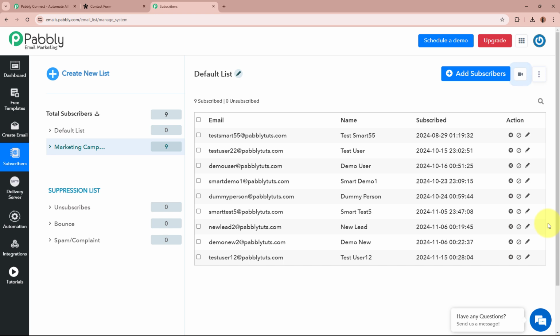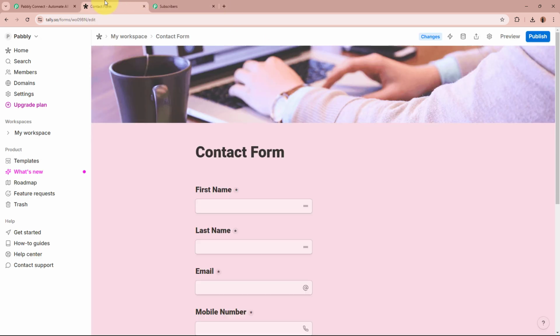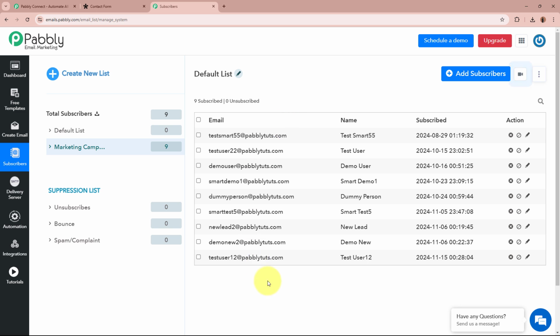So the solution is automating this process. Now every time a user submits a form with the help of Tally, that user is automatically created as a subscriber in my Pabbly Email Marketing account. This ensures seamless communication and allows me to focus on delivering great content and managing my business instead of handling so many manual tasks. And I will be creating this amazing automation between Tally and Pabbly Email Marketing with the help of